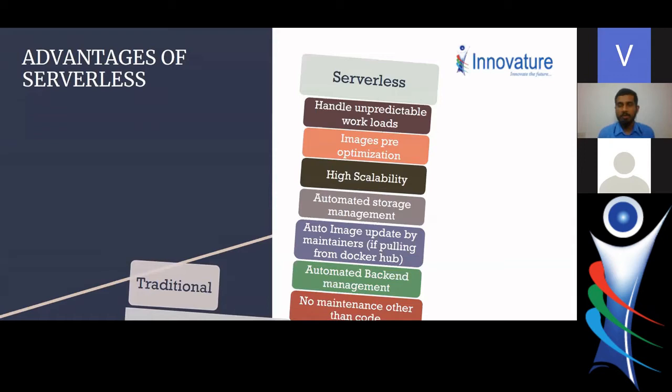And if you're using AWS, you get automated backend management, where you don't have to have a specific set of people working to keep maintaining the backend. And finally, you have nothing else to maintain other than your code, especially if you use a specific plugin that is customized to your needs. If you have a specific custom theme or asset, you only have to maintain just that, and you can have containers deployed anywhere, however you like, which is really good.